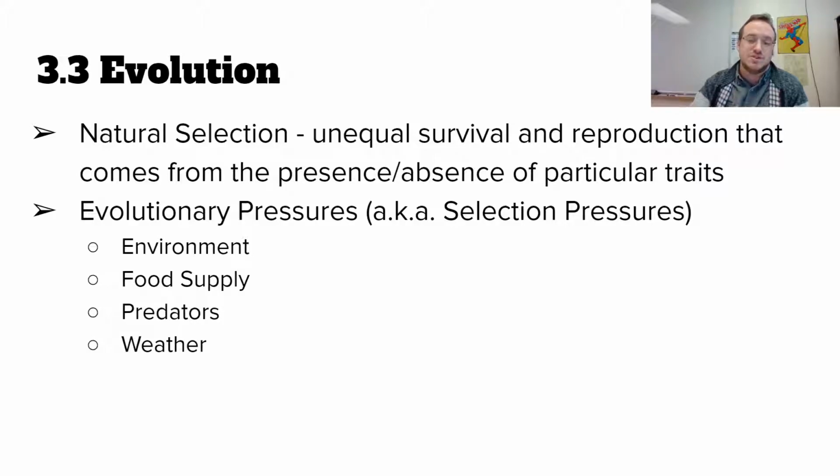So natural selection is what goes on without human interference, and it's due to an unequal survival. That means some specific individuals survive and are able to reproduce because they have certain traits, right? And because they are able to reproduce, they have kids who also have those traits. And those kids reproduce and so on and so forth. So there's more and more population that have that trait or that don't have that trait.